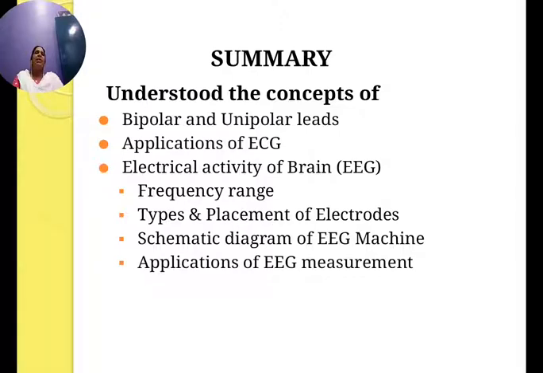A calibration signal is used for controlling and documenting the sensitivity of the amplifier. A typical calibrating signal of 50 microvolts per centimeter is used. EEG potentials are small in amplitude, so the preamplifier must have very high gain and a high CMRR, common mode rejection ratio, to minimize stray interference signals from power lines and other equipment in the amplifier. Then we have the writing sensitivity control. The overall sensitivity of the EEG machine is the gain of the amplifier multiplied by the sensitivity of the writer.